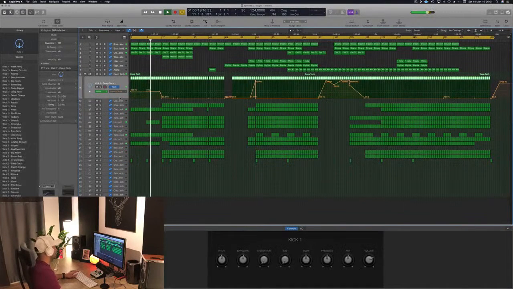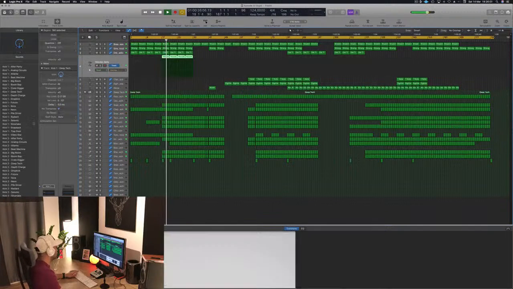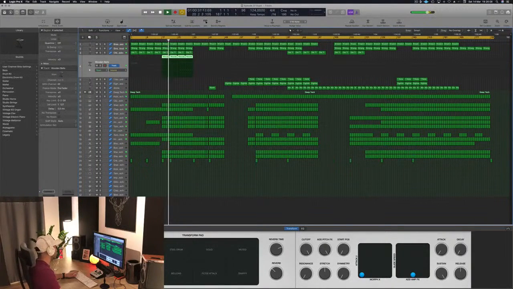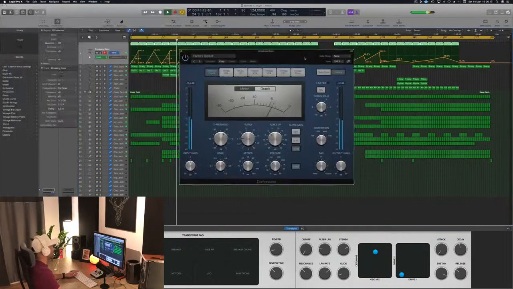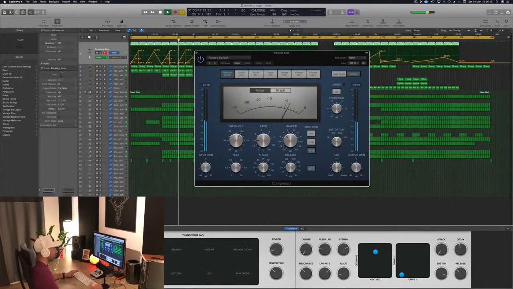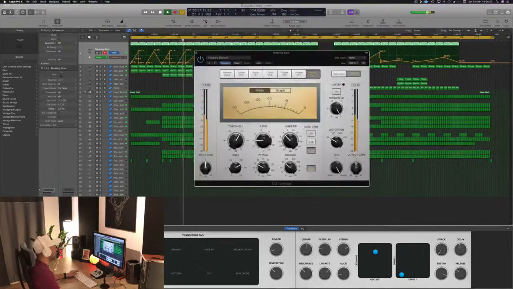Not sure about the kick though. Let's hear the kick here. This is a bit loud here. And I think the bass could use a second compressor. The idea is I have the first compressor side chaining, so it's responsive to the kick, and the second one is there just to tighten.